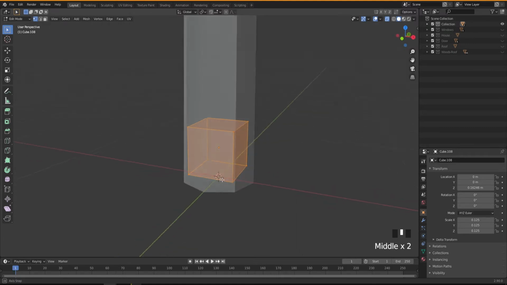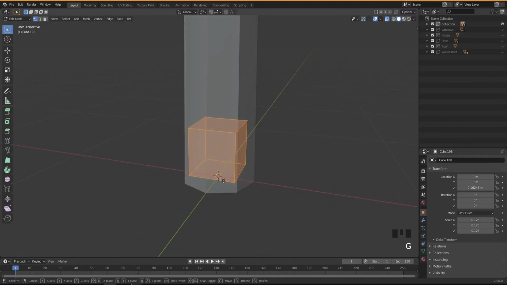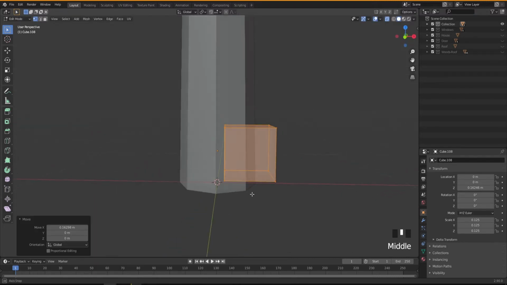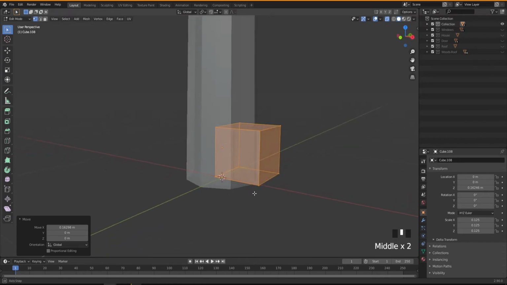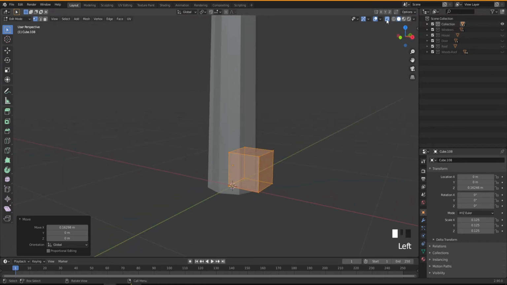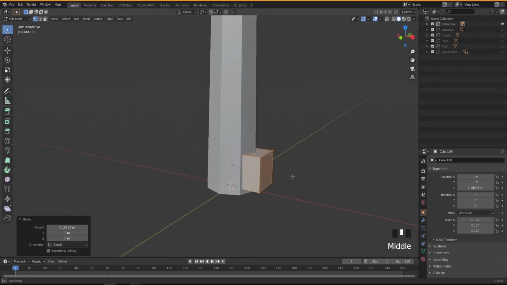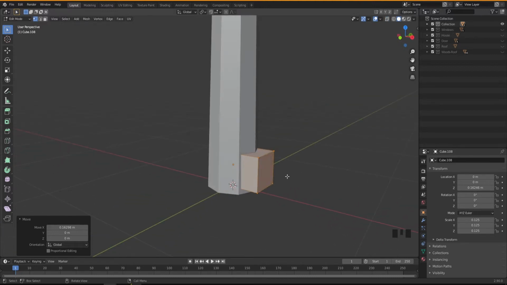So like this, everything's been selected, and then G and X, so like this should be fine. And then you're gonna model this one, so let me turn off the X-ray to be able to see it better, and I'm gonna go to face mode by pressing 3 on the keyboard, and select this face.